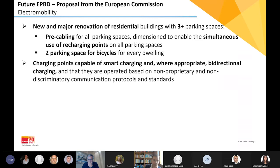Electromobility also brings some use for new and major renovated residential buildings with more than 3 parking spaces. Pre-cabling on all parking spaces that will enable simultaneous use of charging points. Now we start to see how important it is to manage and control real-time charging of all parking spaces in the future, and also 2 bicycles for every dwelling, which will be a huge boost in terms of parking space